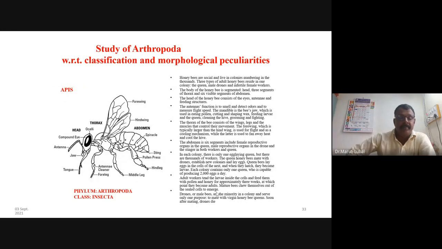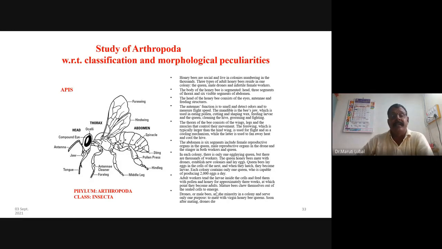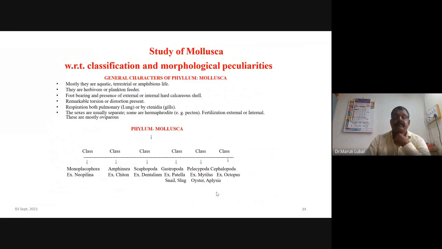Next phylum is Arthropoda, and from class we have to study the apis. We are also well known about the apis. I will go to next phylum, that is Mollusca. The Mollusca is again divided into 6 different classes,